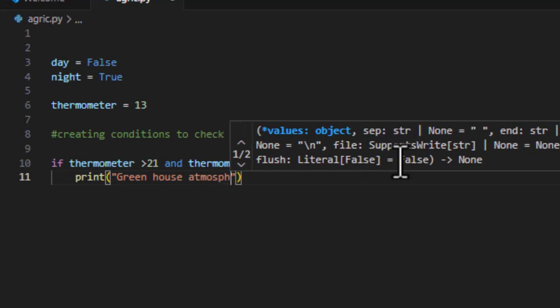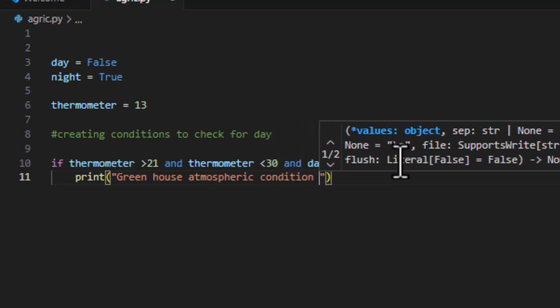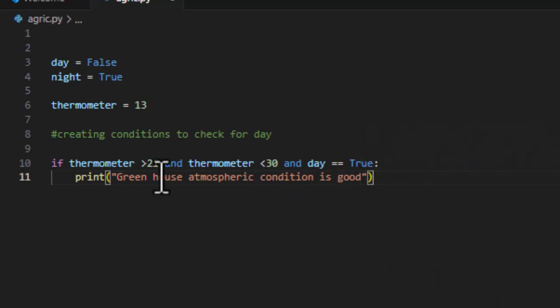Condition is good. That is, if the thermometer is reading greater than 21 and less than 30, then the program that we have written should print out what? That the atmosphere within the greenhouse is good. Now, that is a condition, but because we have different conditions for our temperature and for the greenhouse, we can still go ahead and say,